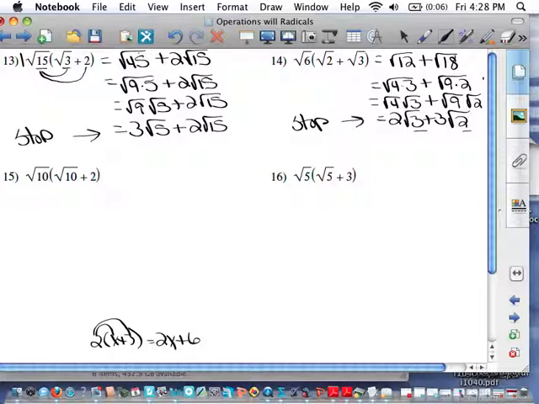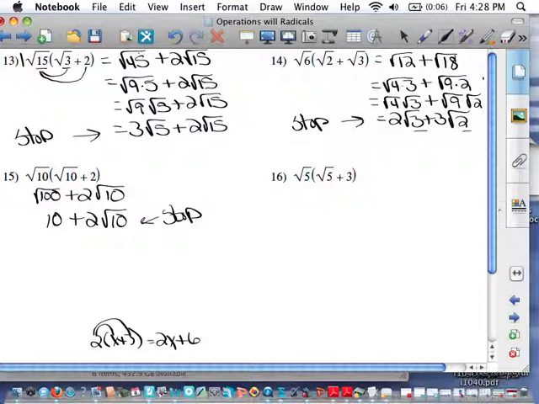Number 15, square root of 10 times the square root of 10 gives me the square root of 100. Then the square root of 10 times 2 gives me 2 square root of 10. Square root of 100 is 10 plus 2 square root of 10. Again, stop. Don't make that 12 root 10. That's an